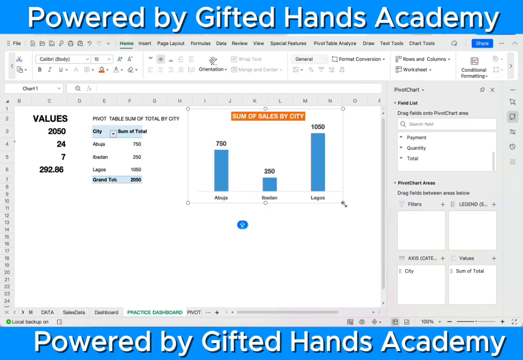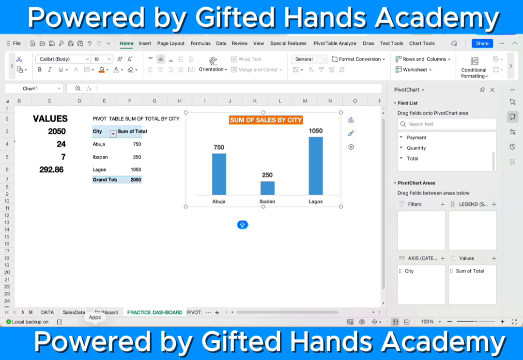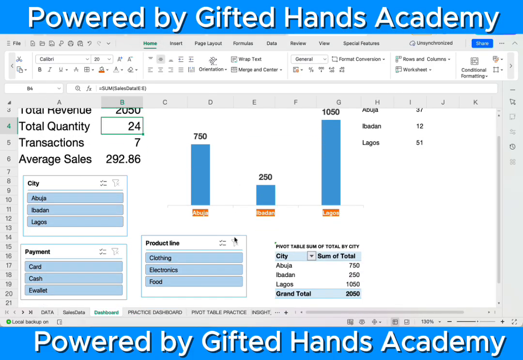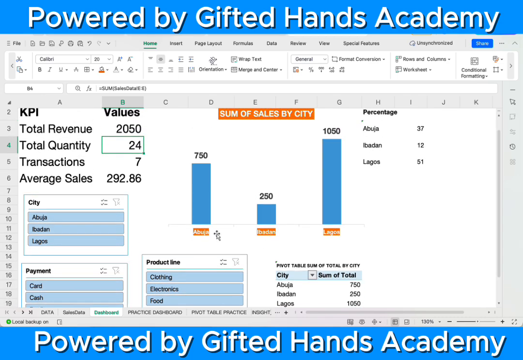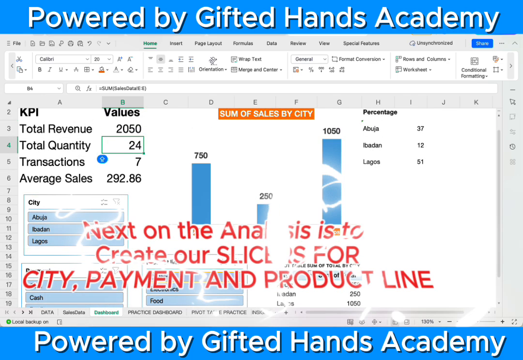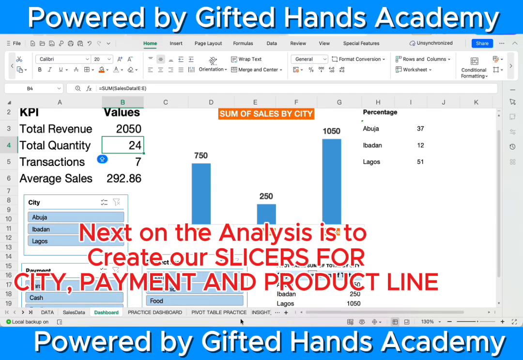Then you can perform other formatting that you want on it. So another thing to create is our slicers. These are our slicers. So how do we create these slicers? So just click on